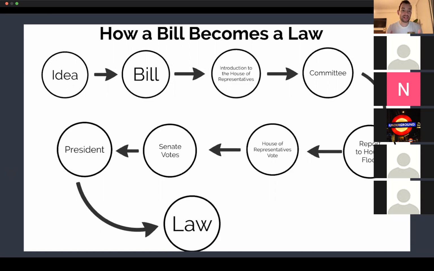If the Senate then finally says yes, then they send it on to the president. And at this point, the one person, the president, can decide to veto the bill. They can say, no, don't like it. Even after all that work, they can veto the bill. Or they can say, yes, I do want to support this bill, and they can sign it, and then it becomes law. But you can see that at so many points in this, there are avenues of collaboration, but it also means that a bill can get watered down, right? Because it's a product of so much compromise.